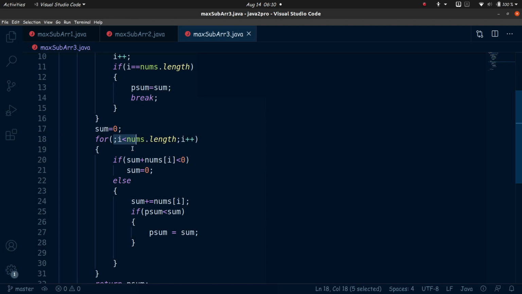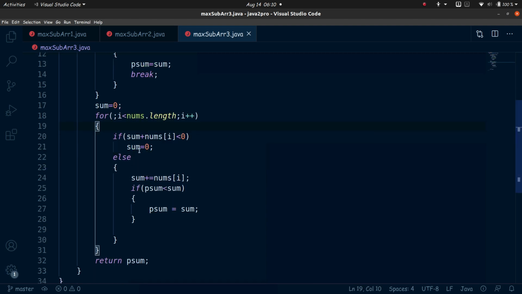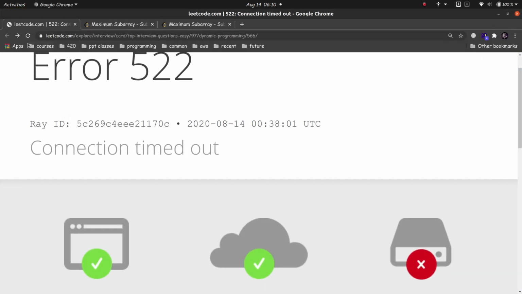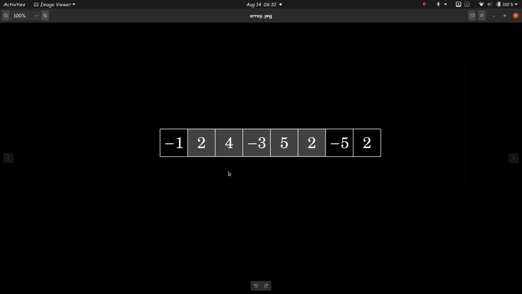It will point to the first non-negative element. Now in case adding this results in a number less than 0, we don't need to consider that addition. I again need that example here, but LeetCode is not working, so we'll have to make our own example.